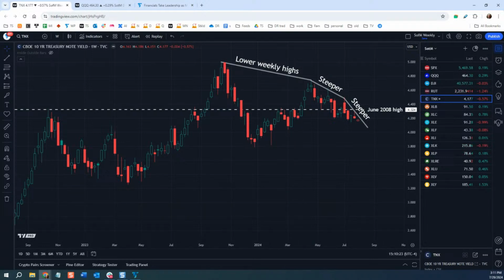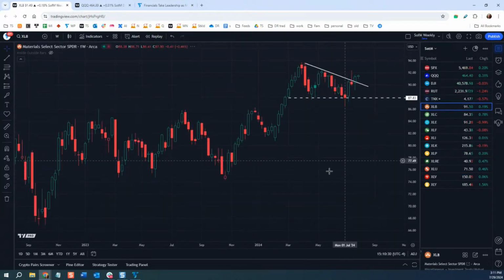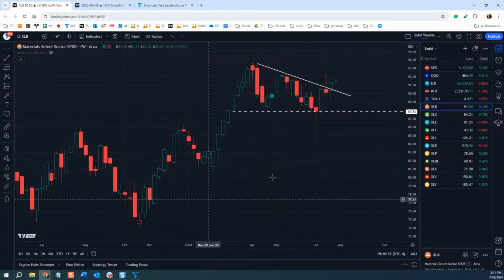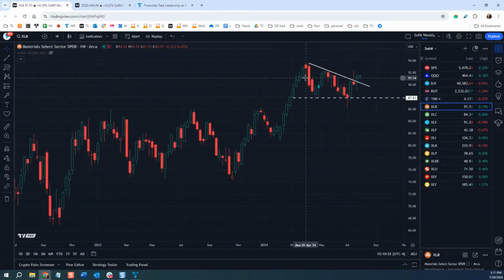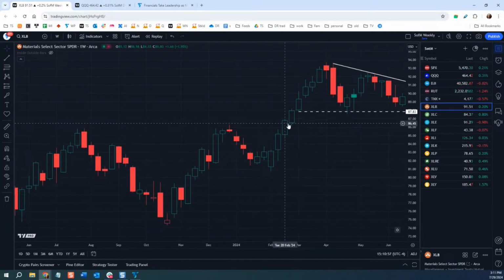Okay. Now, the next thing I'm going to look at, as I work down my list, is the XLB. This is the materials ETF. And what's interesting to me about this is you can see it had this falling trend line on the weekly. Now, this was one because we talked about this at the time. It closed at a weekly high right here. Now, this signal on these indexes, I have found to be very interesting and meaningful. When something comes off the lows and it closes at a 52-week high, you just kind of look at it. And then look how the next week it pulled back a little inside here. This was back in February.